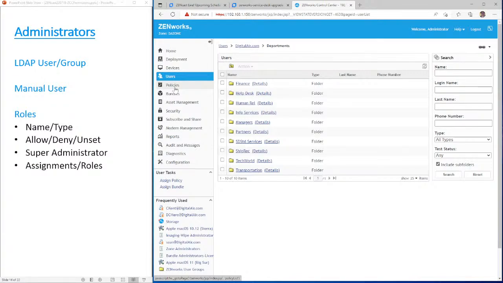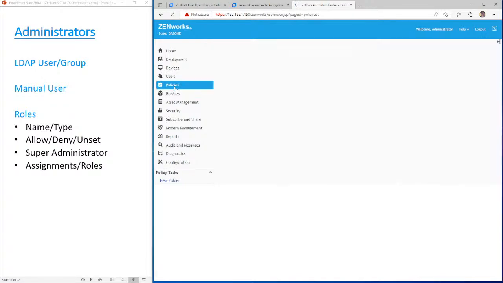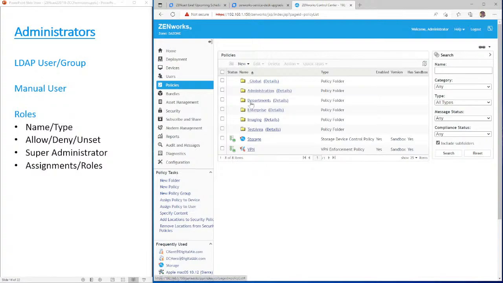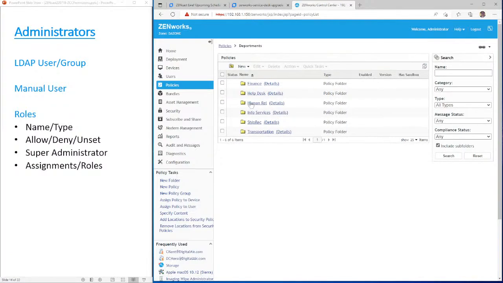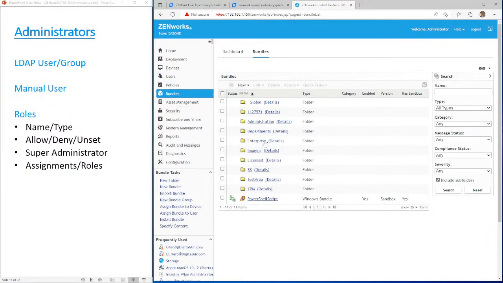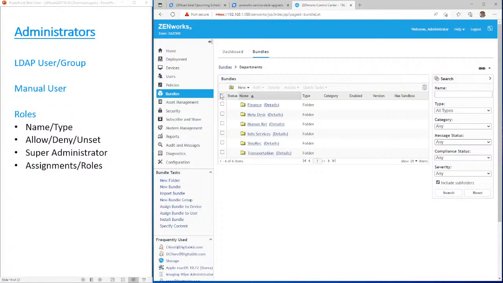One thing that we did when I was a customer is we would have them in a similar organization of policies and bundles by department, all right? Because each department had their own